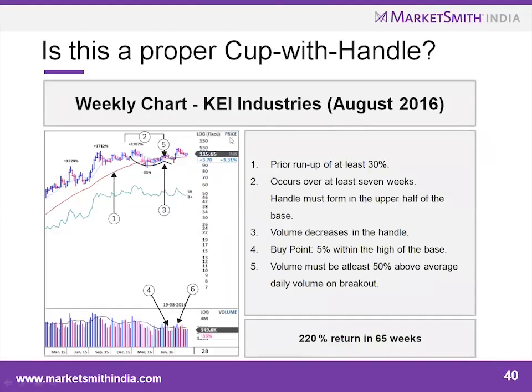Now this is a chart of KA Industries, a chart of August 2016. Again, this was a multi-bagger stock. If you can see here, it made a cup with a handle base pattern, and this was the ideal buy point. So let's see, did it meet all the criteria or not? The stock had a prior uptrend of 30% from here till here. This entire operation happened in 7 weeks,